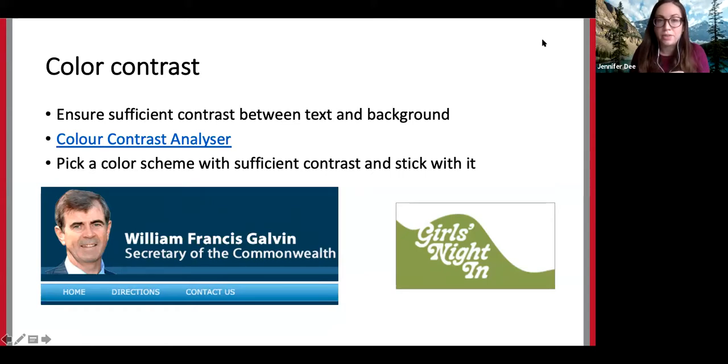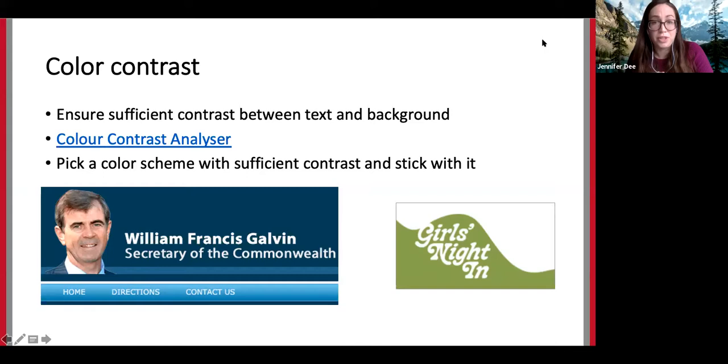And alt text is going to be helpful to folks who want to be using the screen reader, either because that works better for their vision or just because that's a preference. So for a logo, we do want to include alt text that would say Girls Night In logo or Girls Night In.